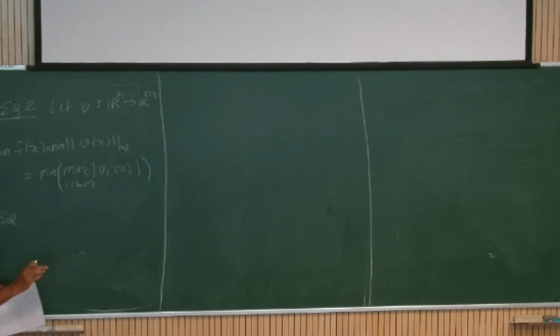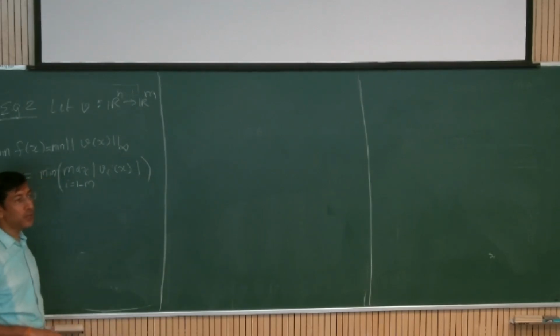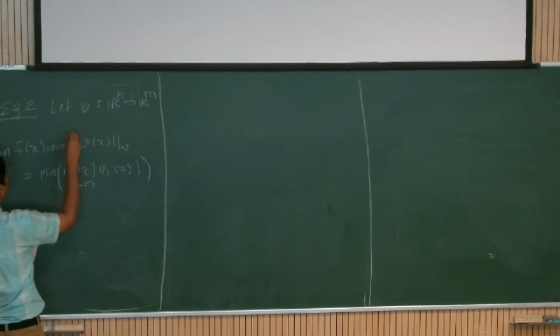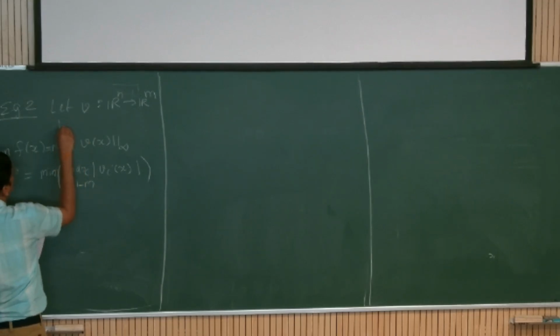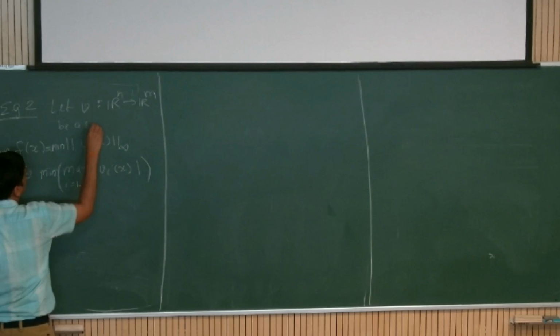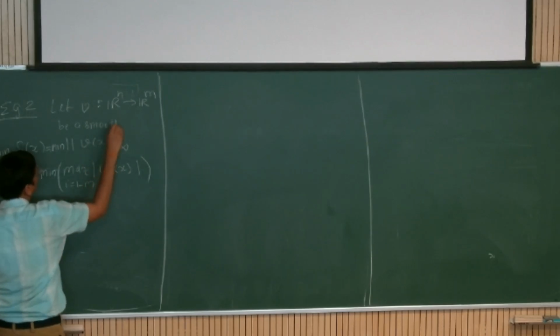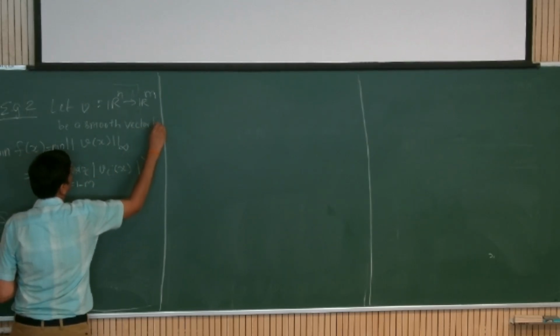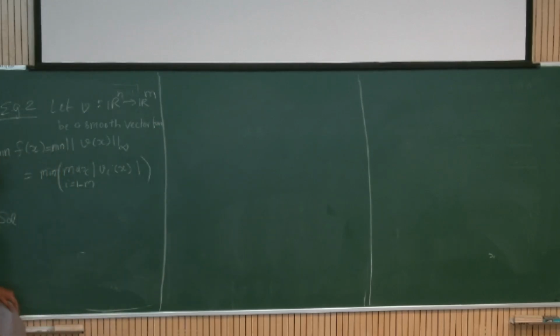The question was that first we had to show that this is a smooth function. So let this be a smooth vector function, and then when we write this, I told you that this function